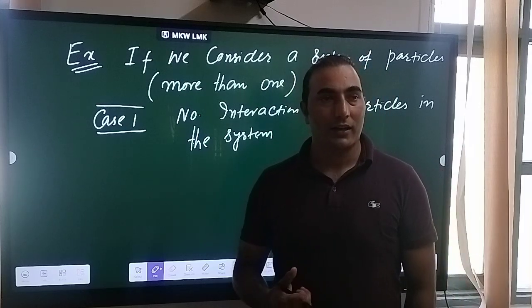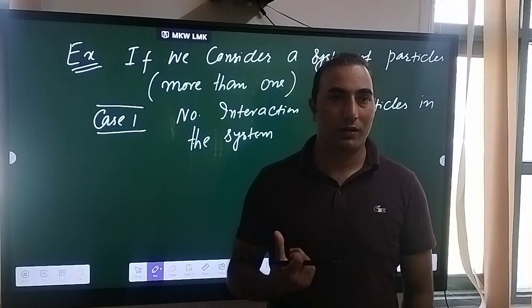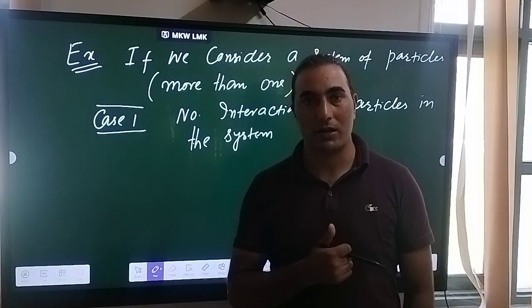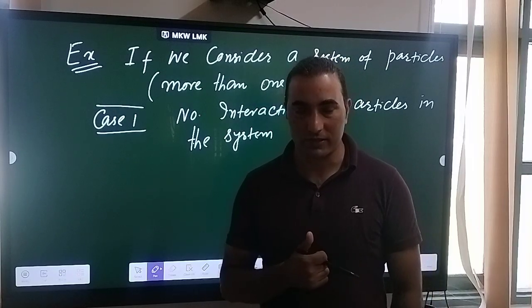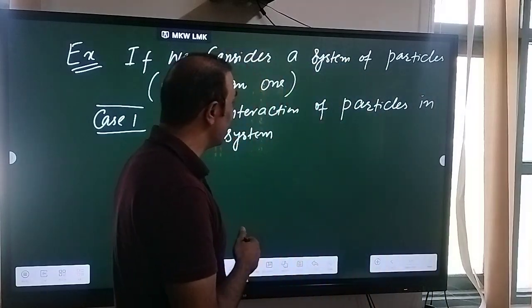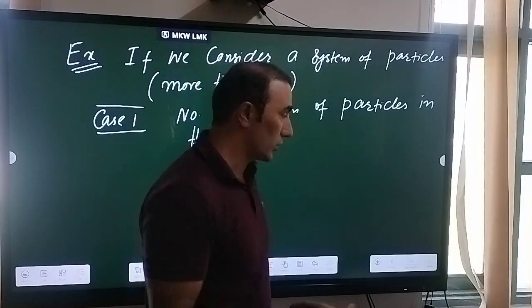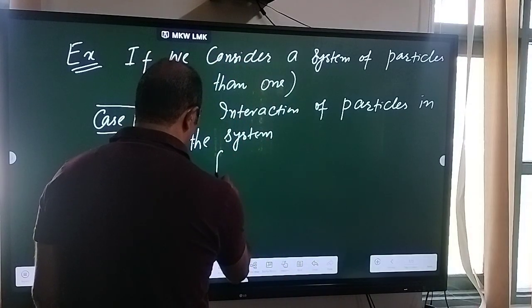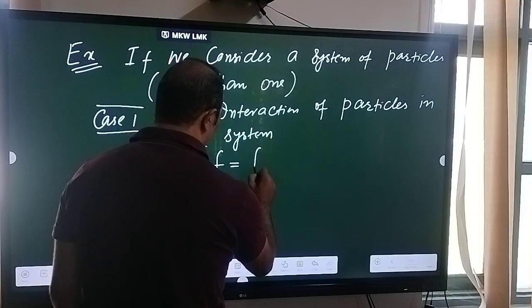You can say that there is no connection between the system of particles with each other. So this first case. So that means इनके लिए जो मेरा डिग्रीज ऑफ फ्रीडम होगा, so degrees of freedom that are represented by F, so that will be equal to